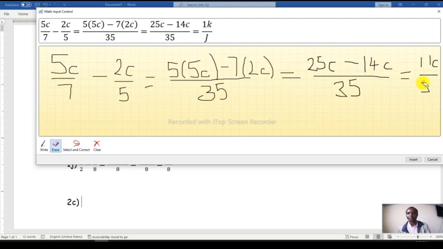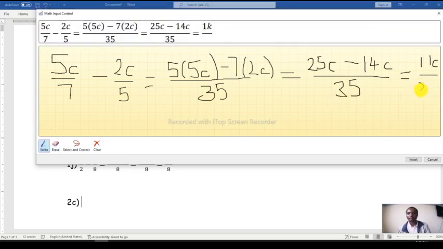So the answer is 11c over 35. Okay, so if you've got any problems, just highlight and we'll see what you can